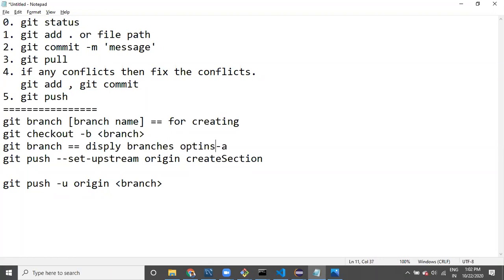Options: -a for all branches, or for remote branches.